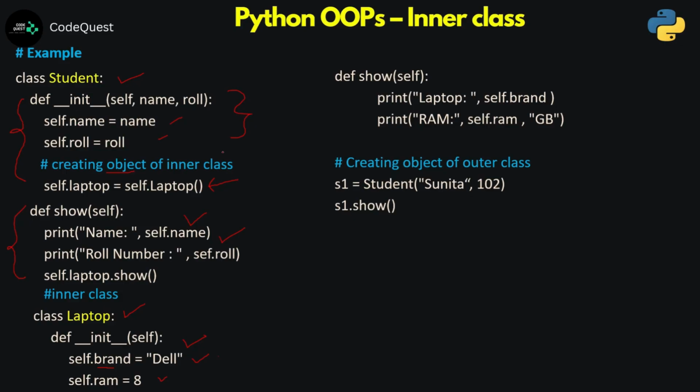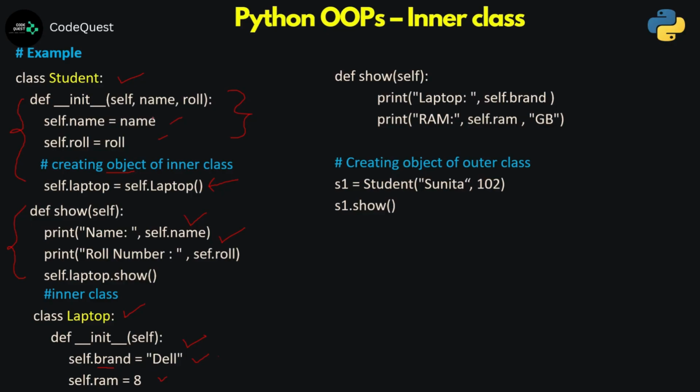So now I'm going to create the object of this outer class, because this constructor will be called only when I create the object of the outer class. And here, as I have used this line to create the object of inner class, in order to execute these three lines, I must create the object of student class with the required number of parameters. So what we have done here, we created an object S1, which is nothing but object of the outer class, that is student. As expected, two parameters here, we have passed those two values, one for name, second one for